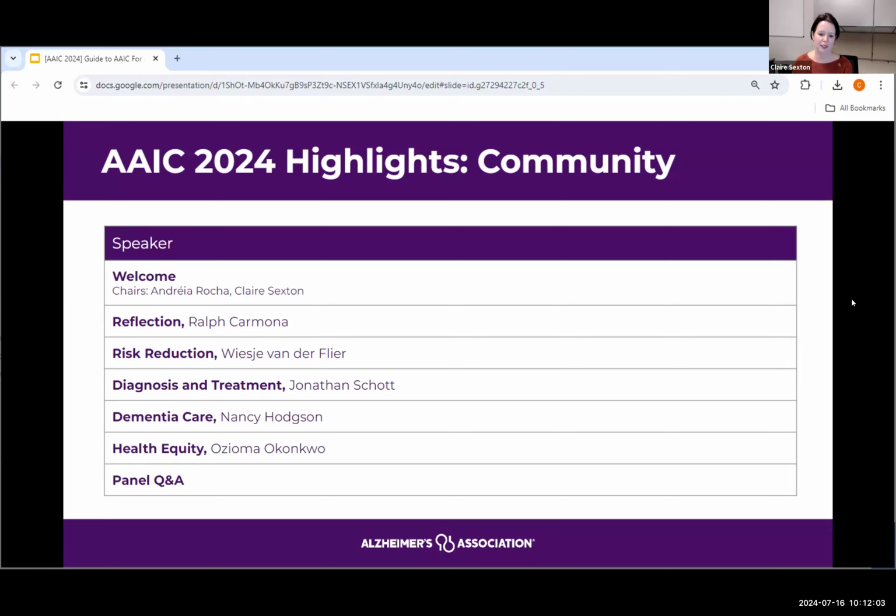So the aim of this session will be to look at what's happened over the past 4.5 days, what latest findings have been debuted at AAIC, and what their importance is. So summarizing what they are and what the key takeaway is for members of the public. That all builds upon what we know about Alzheimer's and dementia so far.